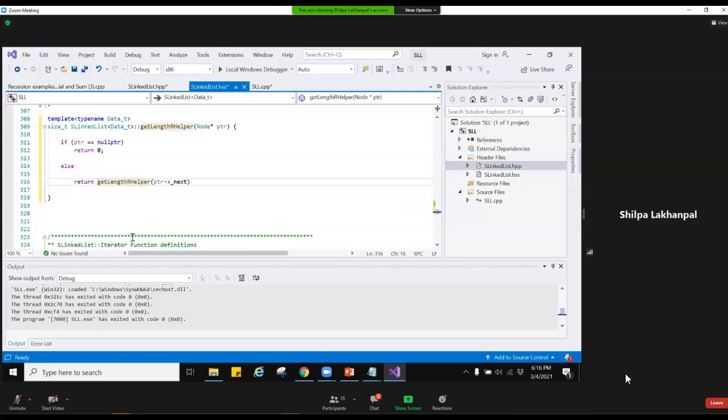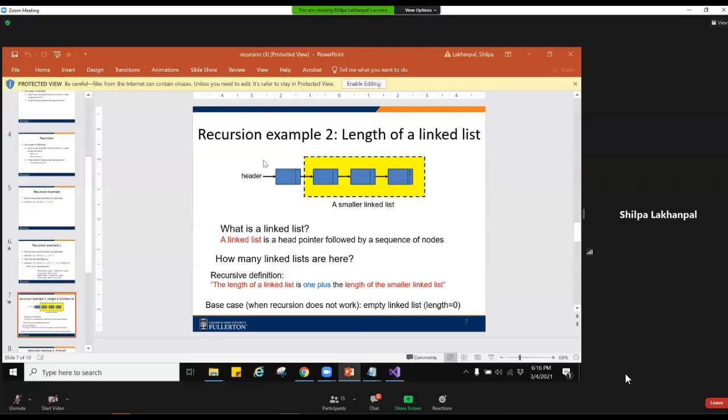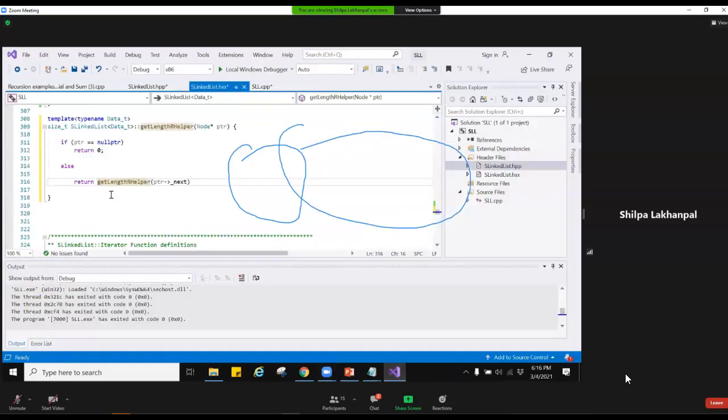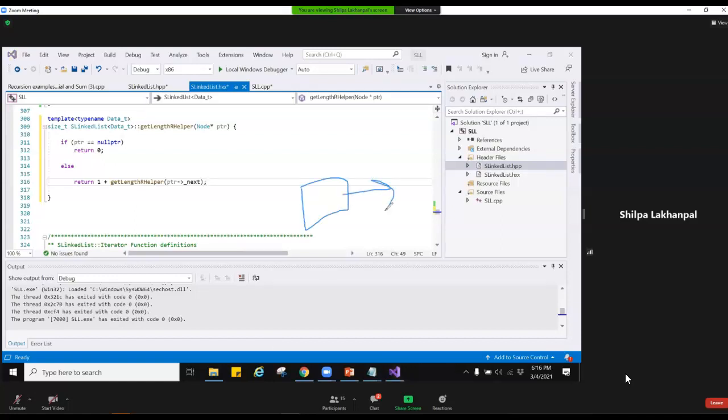What you're doing at each step, because this was a sum of one node and then the rest of the list. So that means that you are currently on a certain node, which is what you are on. So this will do 1 plus go and do the same thing for the rest of the list. This is your recursive call. What this one does is, if this is a singly linked list,